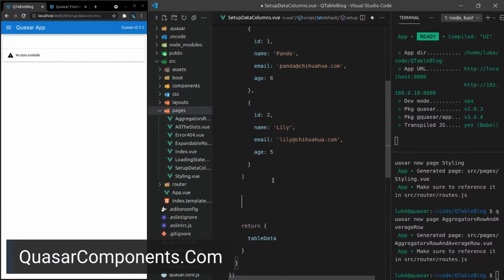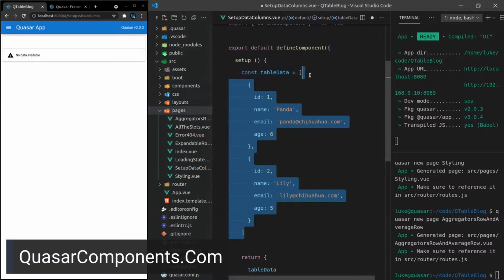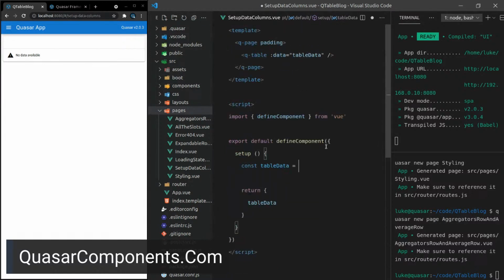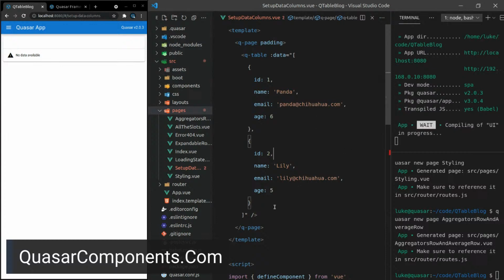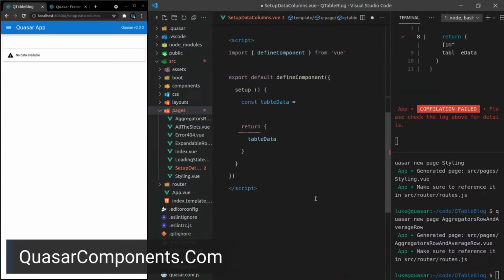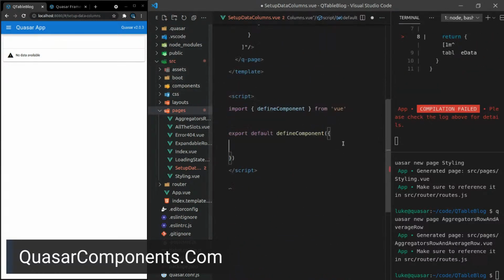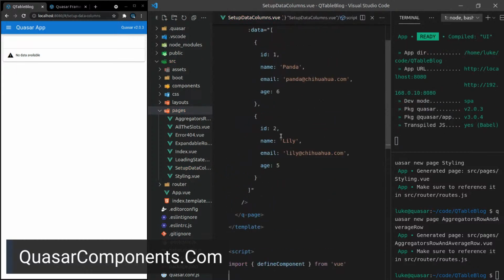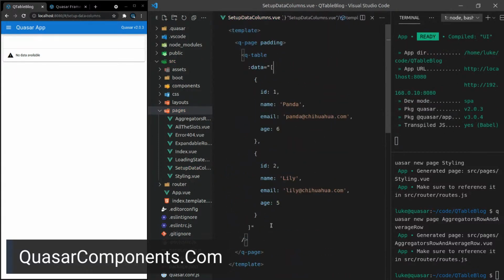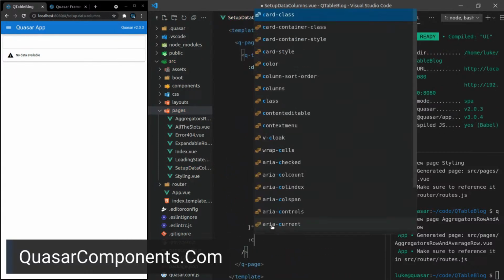So let's come down here. And we might actually do this inline. I don't see any reason that we actually have to use the comp API here. It's going to be super easy to show it in a blog post if I can just do it like that. Yeah, I think that's better. And then we'll just get rid of this here. And now we can come up and say what the columns are as well.